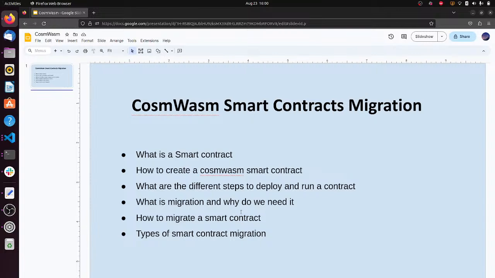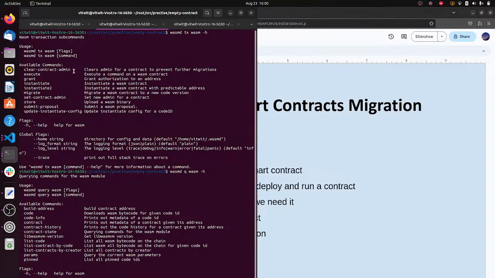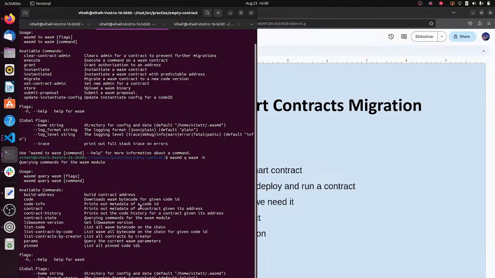And we have covered what is migration and why do we need it. Okay, now let's look into how to migrate a smart contract. As I've shown you, these are the particular transactions. You can see that after instantiate there is a migrate transaction function. We can use it to change the